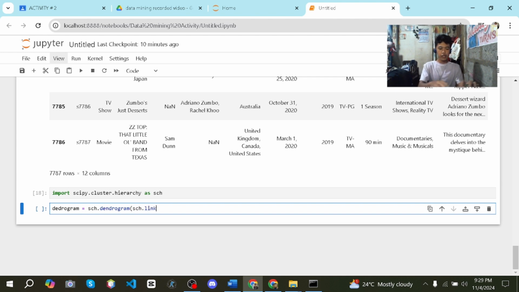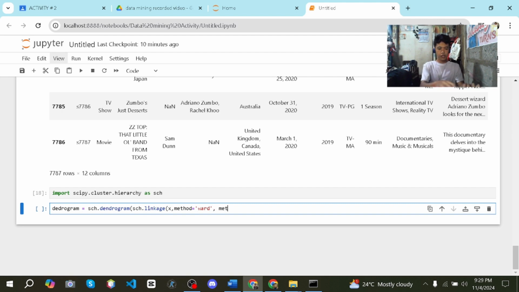We're gonna make our linkage, open parenthesis, and our variable name x, comma, the method is equal to ward,